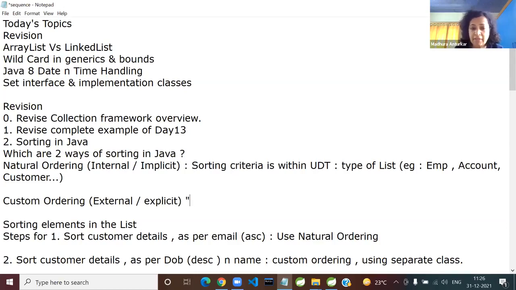Anyone want to tell me, is it going to be embedded within the user-defined type, or will you declare it in a separate class? Internal or separate? It is outside, of course. So sorting criteria is kept in a separate class.